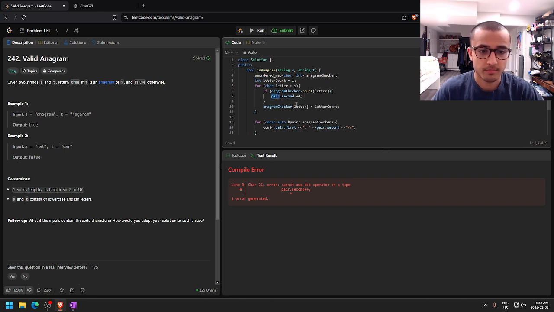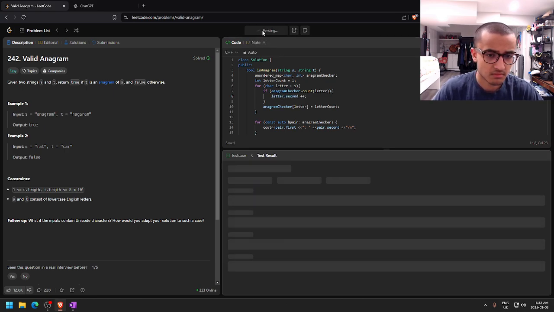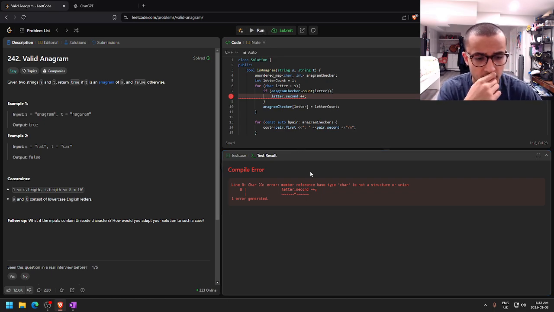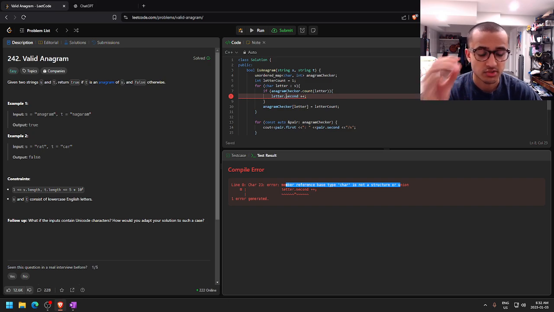Oh no, it shouldn't be called pair. It should be called letter. Should it? Member reference base type char is not a structure or a union. Oh. Because we're just accessing only the letter in the string. We actually want to